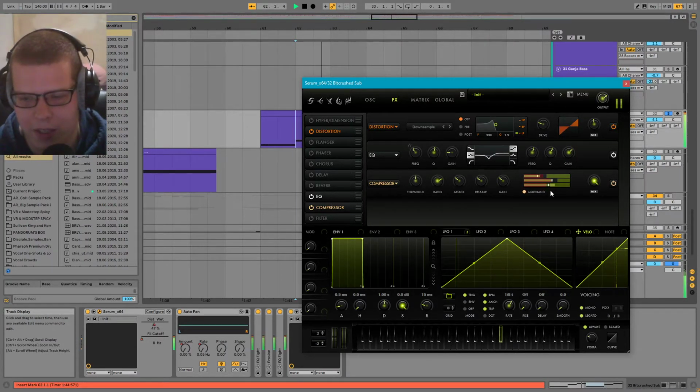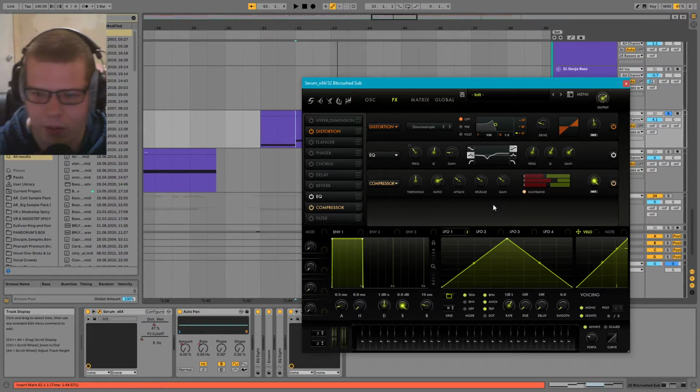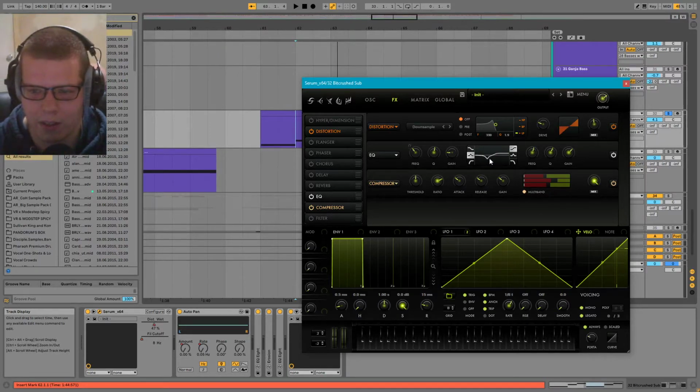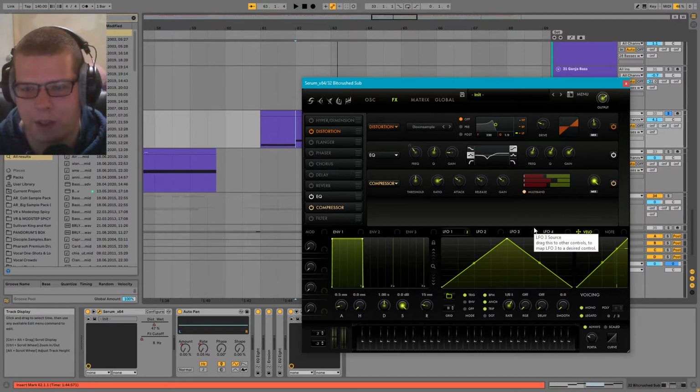EQ automation again. Just notching out some things, or one thing. But it gives an interesting texture when you notch out something and then you automate it, as opposed to always boosting. Because always boosting, you know, stuff gets muddy, and then you have to go do a bunch of work in post to fix it. Whereas if you just cut something, it still helps to provide that movement, but you don't have to do a bunch of work after it to fix up the sound.